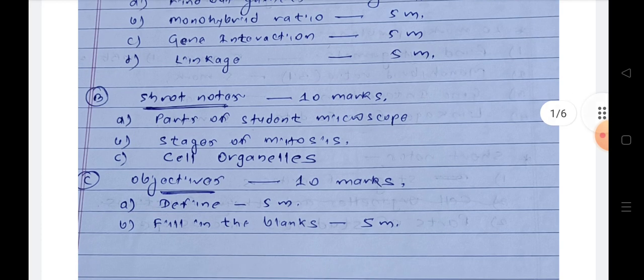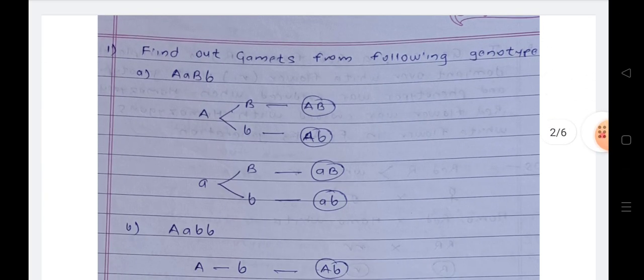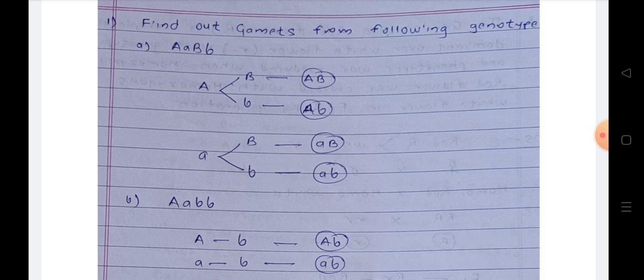The important part in that practical will be how to solve the different problems. Suppose in case of finding out the gametes from the following genotypes, we should know that a homozygous individual always produces a single gamete, and in case of heterozygous, it produces different gametes depending upon the heterozygous gene pairs. Suppose the first genotype is capital A small a, capital B small b. Here 2 gene pairs are there, capital A small a, and the second one capital B small b. So both gene pairs are heterozygous.